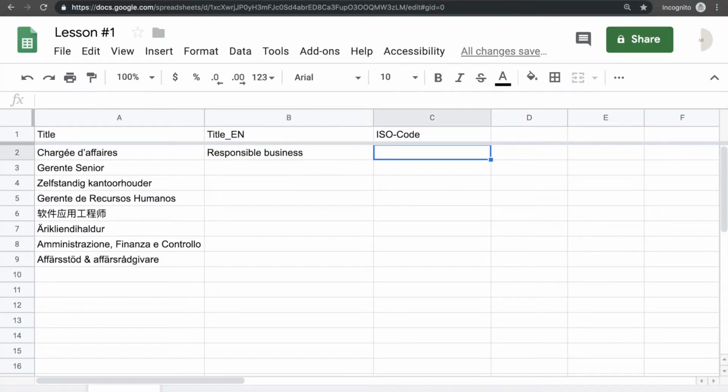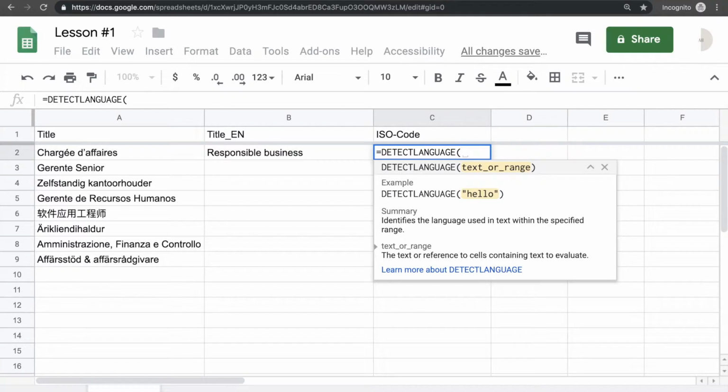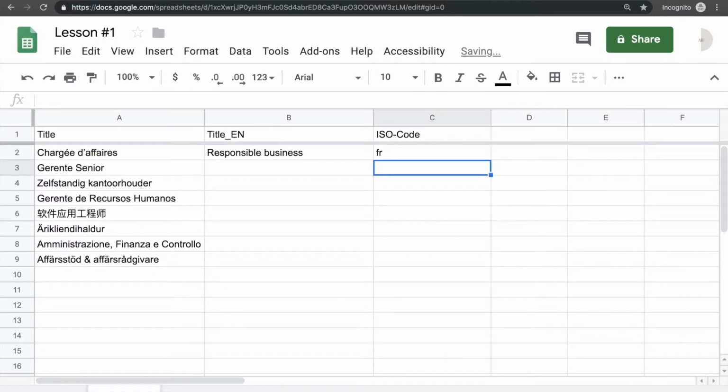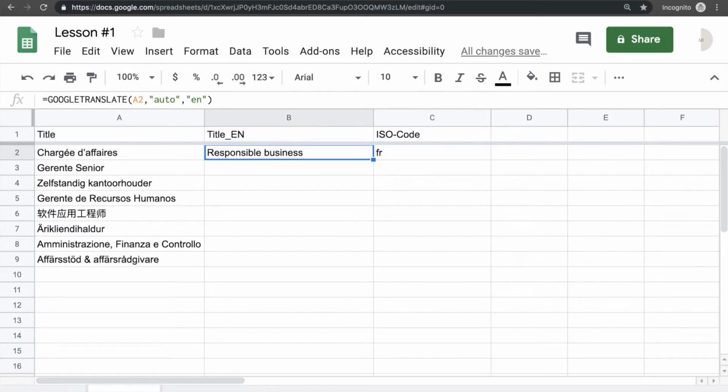Also, there might be different needs, so to completely cover language functions in spreadsheets, there is another function which will give you the ISO code of the language used in a cell. For DETECTLANGUAGE, you need only one argument, and it's the cell with text. That function might be very helpful if you have a big amount of data and you want to check or translate